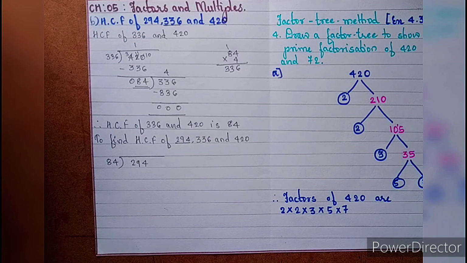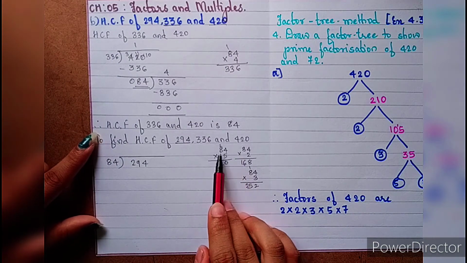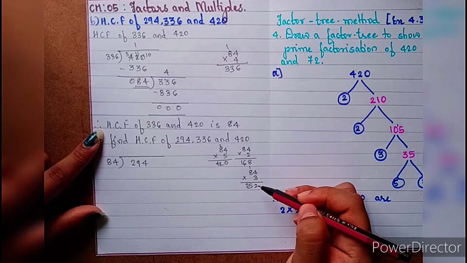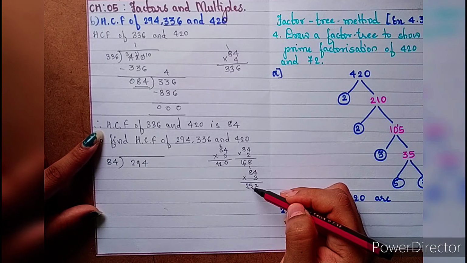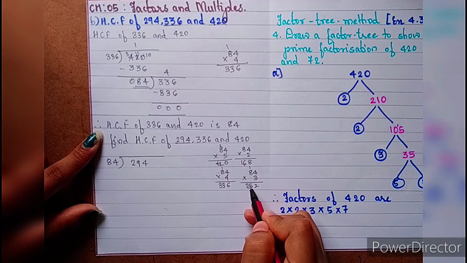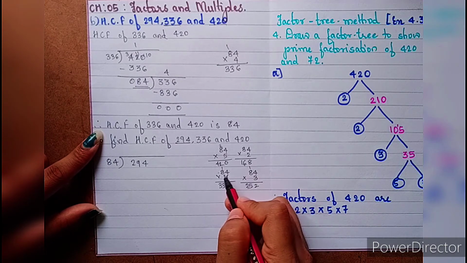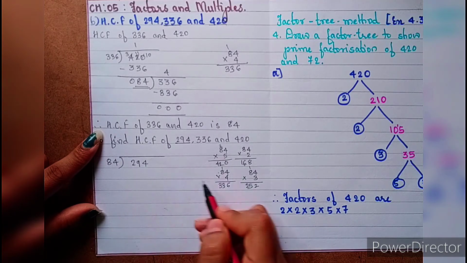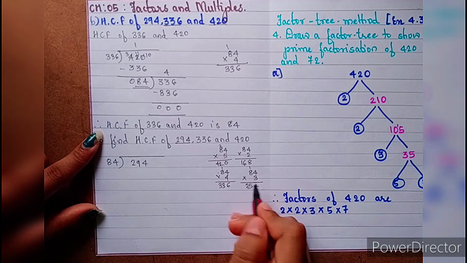Now if you see here, I have multiplied 84 with different numbers. Let's see which is a nearby number we'll get. So the nearby number we will get is 84 3s are 252. Okay, because 84 4s is 336, which is more than what we want, isn't it? So therefore we shall choose 84 3s are